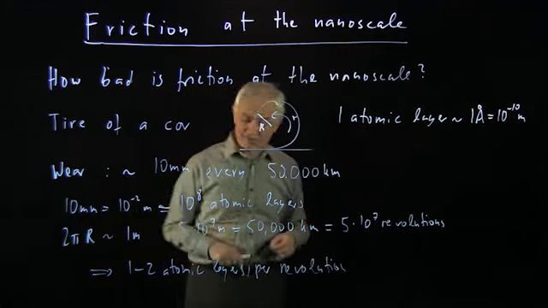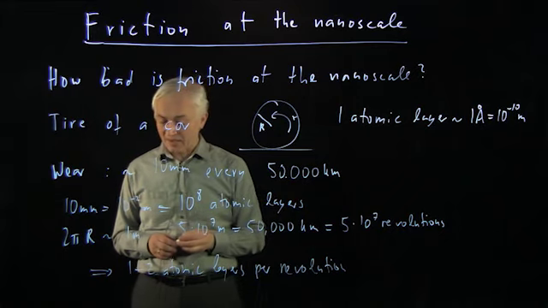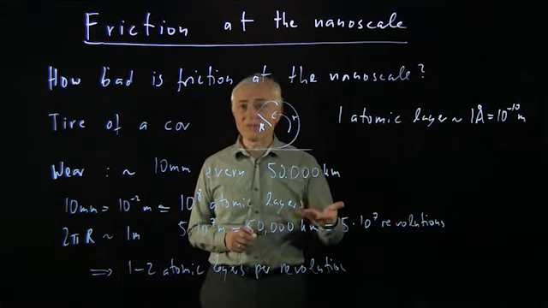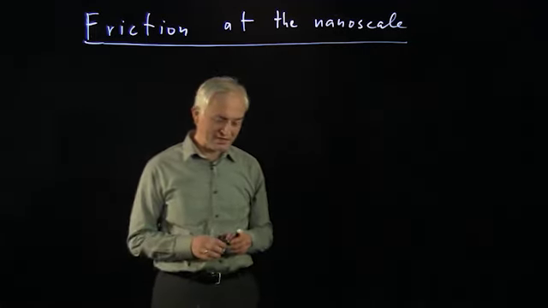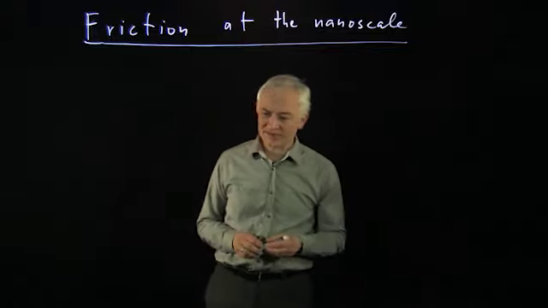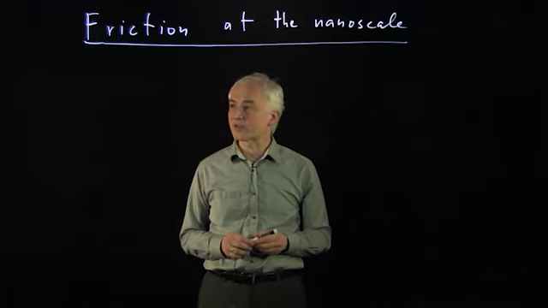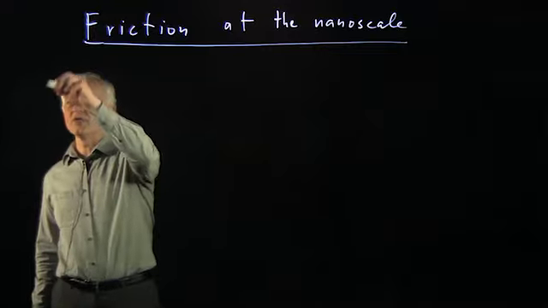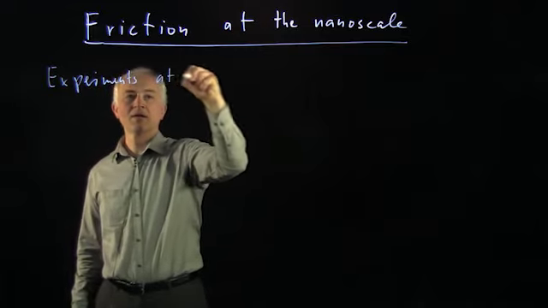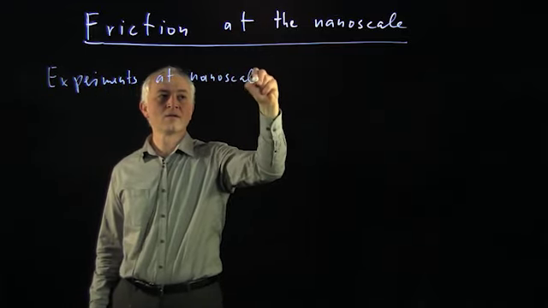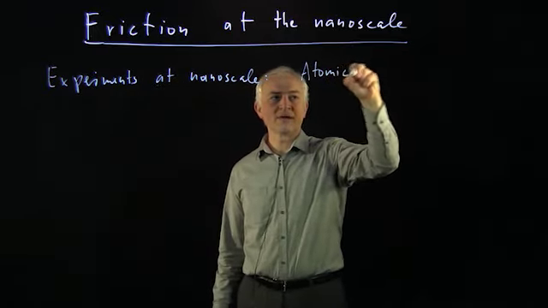But if the tire of the car was itself only a few atomic layers big, then you see we would have a huge problem. So this is why people are interested in understanding and maybe manipulating friction at a nanoscale. So what does friction at the nanoscale really look like, and why are people interested in it after so many centuries of first studying friction? One reason is that now one can do experiments at the nanoscale. And the new tool that has enabled that is what is called an atomic force microscope.